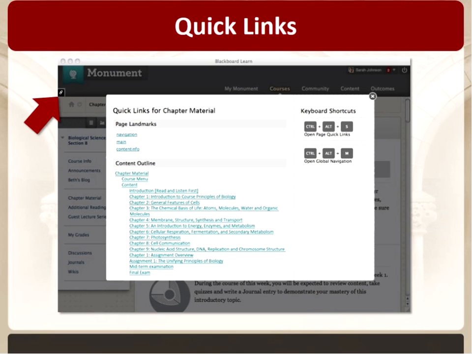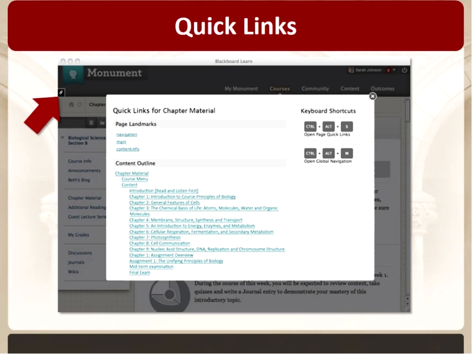The first tool that will definitely be on, this one is not controversial whatsoever, and it is a fantastic boost to what we have available, is the Quick Links tool. Quick Links is designed for students and faculty who navigate with a keyboard as opposed to with a mouse. So if you use a screen reader, or if you're sighted but still use a keyboard for your navigation because